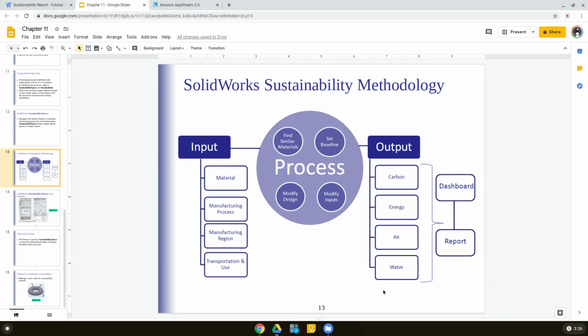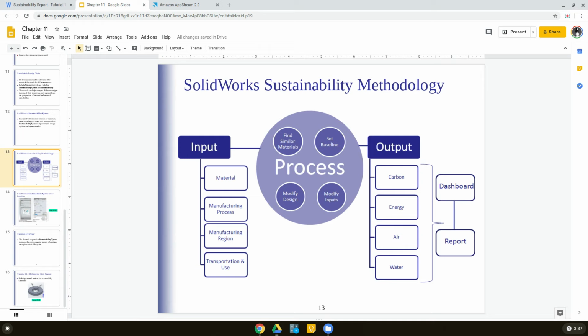There are many other metrics such as energy consumption, which is also very important. Particularly, we are talking about non-renewable energy consumption, the bad energy, not the good energy, the renewable energy. That can be calculated for your product, and we are talking about the entire life cycle of the product, right? Air acidification, water eutrophication, and I'm not going to talk too much about these. You can explore them on the internet and learn more about them, but these are just a bunch of metrics that SolidWorks can calculate for any design,